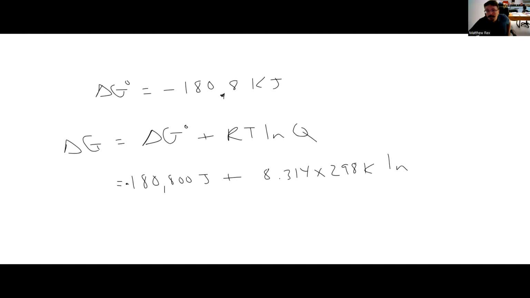HgO is a solid, so it's not included for the products. We're just going to have a 1 up there. And then we're going to have the pressure of the Hg. And in our equation, it's 2 Hg, so that's going to be squared. And then the pressure of the O2. So I should get, make sure again. Yep,